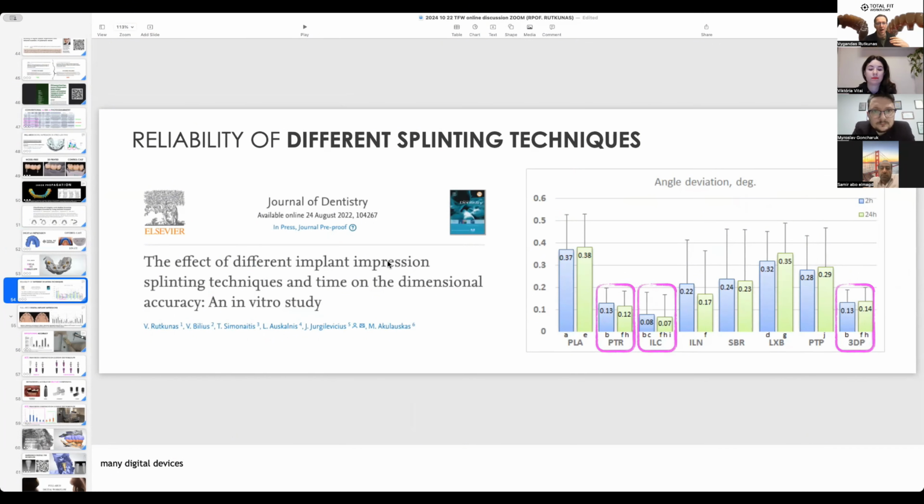So I think by combining those two techniques, you achieve some kind of photogrammetry, plus you have a verification jig, and plus you have a physical model, which the dental technician needs if he or she will be cementing the work on the titanium base.